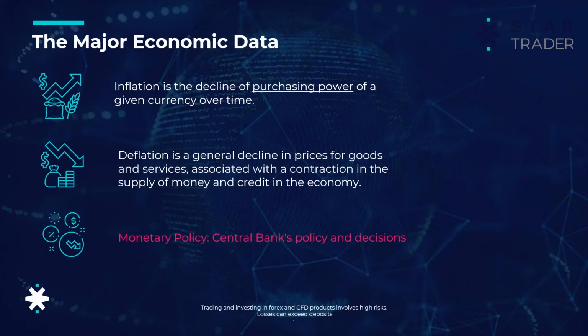The inflation, which is the decline in purchasing power of a given currency over time for any country. If you had $100 in the US 2 years ago, you could buy a certain product, but this year, after around 9% inflation, that $100 will buy you 9 or 10% less of that product. That means there is an inflation of 9 or 10%. Prices increase, and the buying power of your cash decreases.